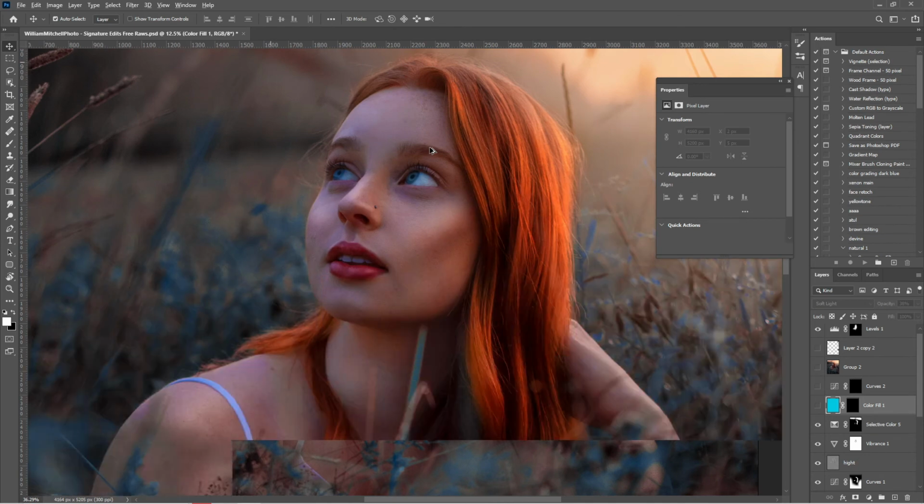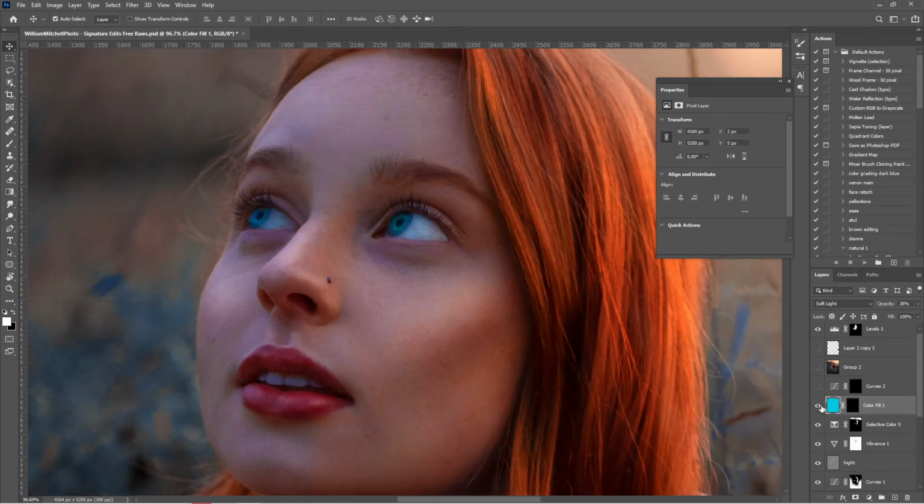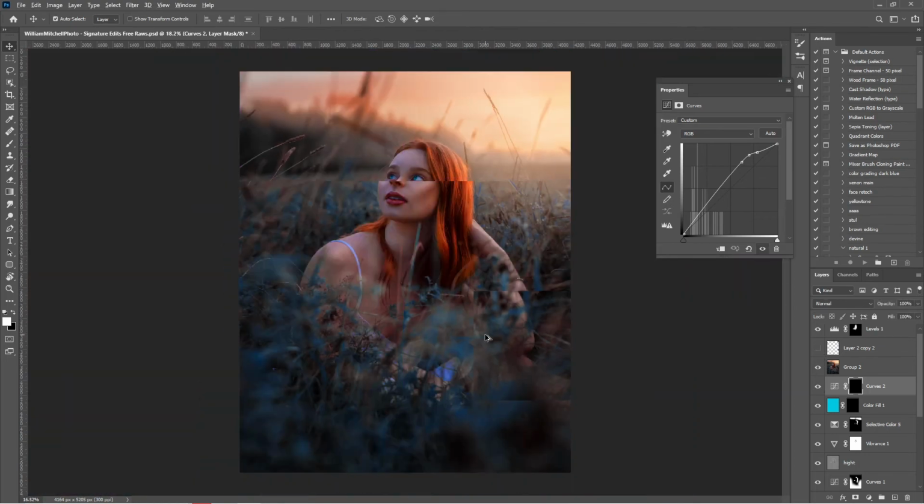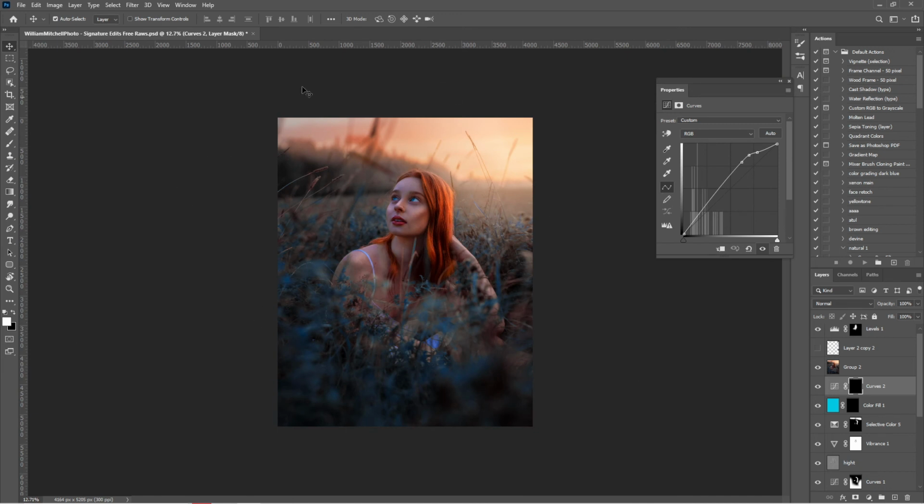I added some kind of blue color in her eyes to make it more pop, and added some glow by using curves, you can see. And after that I grouped all the layers and made it a separate layer. And after that this editing is completed, but I was thinking that there is something missing, so I added some kind of foreground here